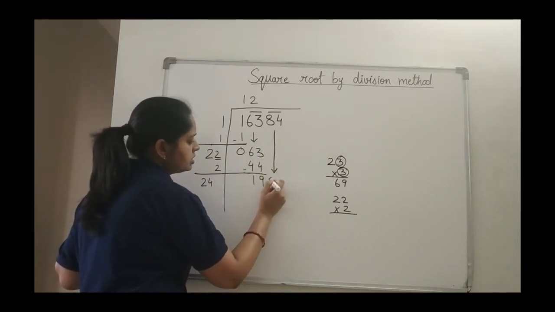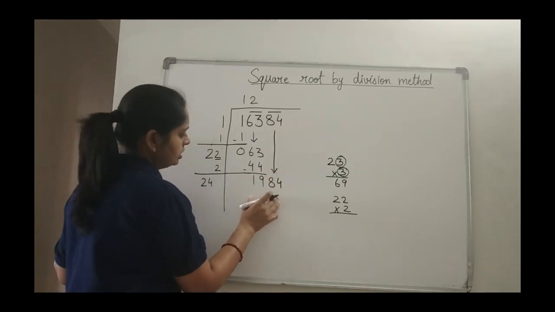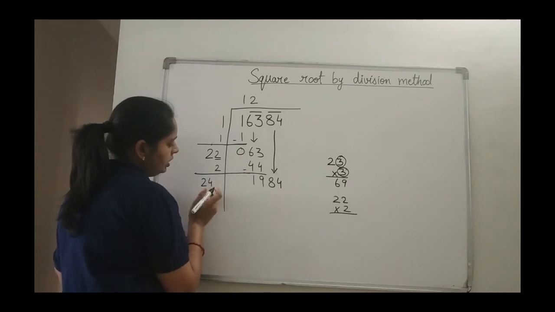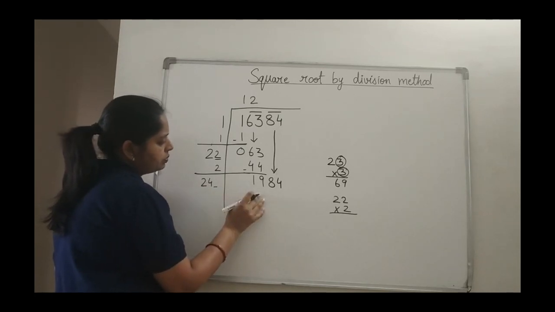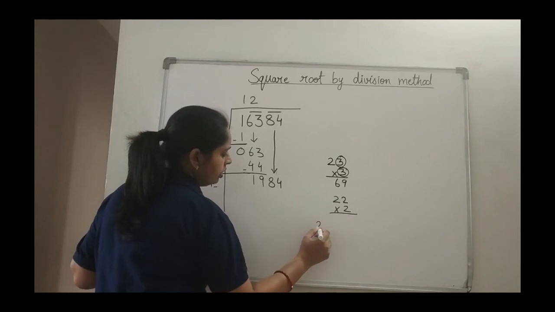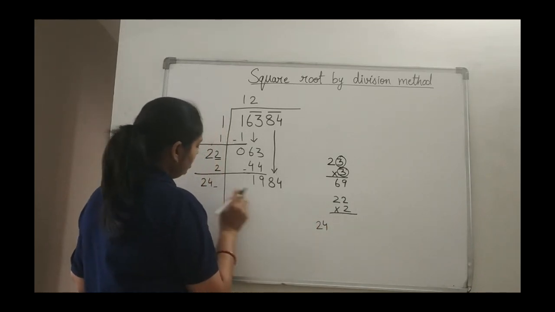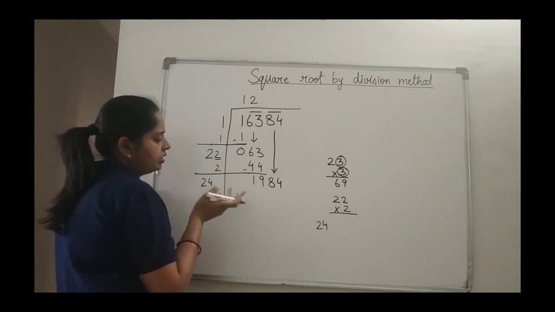And here next pair will come down. Next pair is 84. Always a number will come in pairs. Please just see to it. 1984. Again I have to think of a number here, so that when I multiply with that digit only, the answer should be 1984. 4 is there. So I can think for 2 8. But if I am taking 2, it will go for nearby 400 something, right?